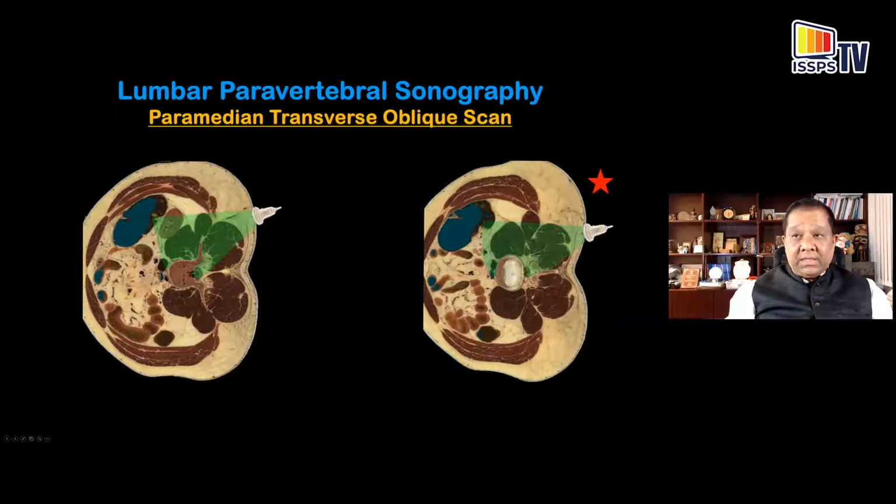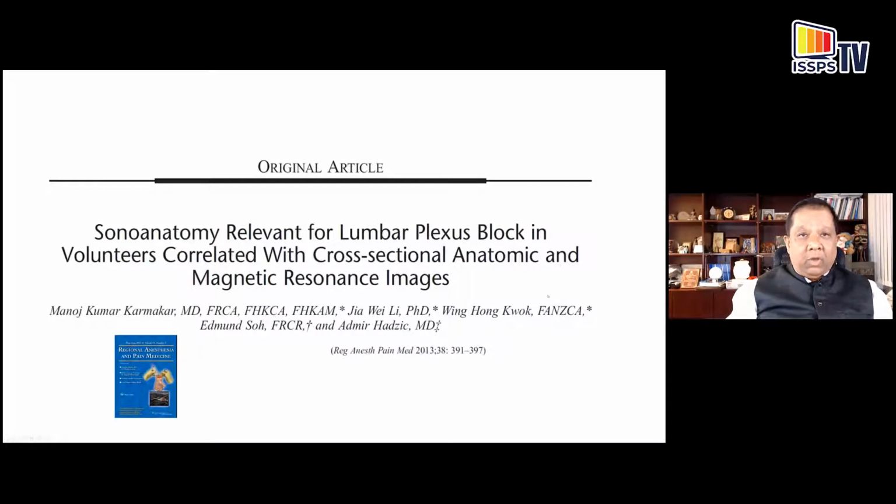So on your right is the intertransverse window where you are now no longer seeing the transverse process, but you can form an anterior to posterior view of the osseous part. You can see the vertebral body, the intervertebral canal, the articular process, and the spinous process. So this actually provides unimpeded access for the needle, not only through the erector spinae muscle group, but also into the psoas muscle. And this is the basis of performing lumbar plexus block using this. We've also demonstrated